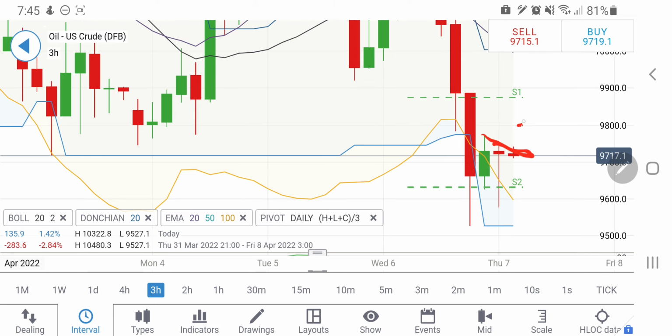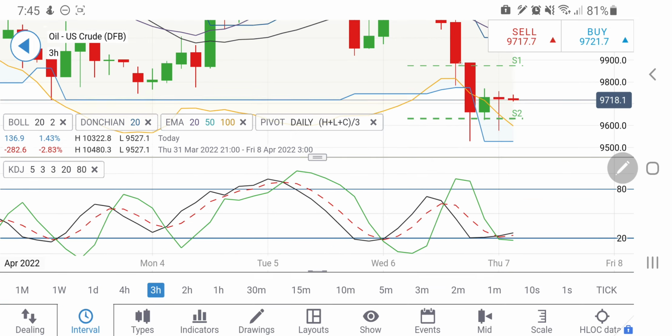And yes, if it breaks $98 levels, one can expect 98.8, and then it will try to head towards $100 levels. At the same time, see, higher lows, lower highs, and hence don't take a trade in between $98 to $96 levels. In between these $2, we have to exercise restraint while taking a position.